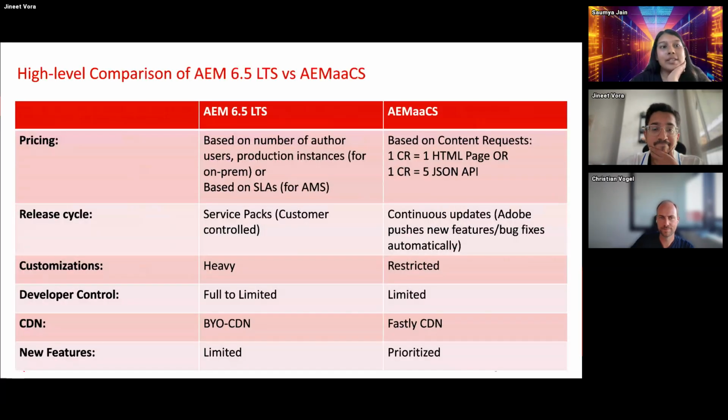Yeah. So thanks, Christian, for the insightful view of edge delivery services. That really helped clarify what EDS brings to the table. And now let's zoom out and look at the bigger picture when it comes to choosing your AEM platform. So starting with AEM 6.5 LTS, this version is known for its deep customization capabilities and full control over your environment, as we already seen.